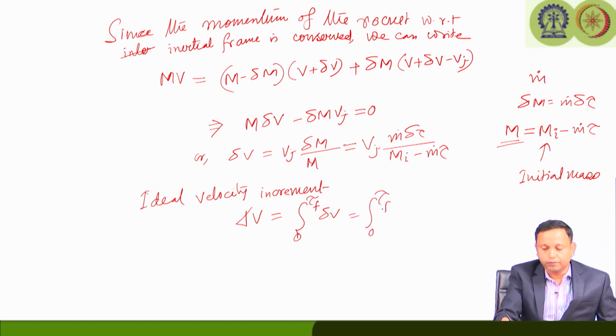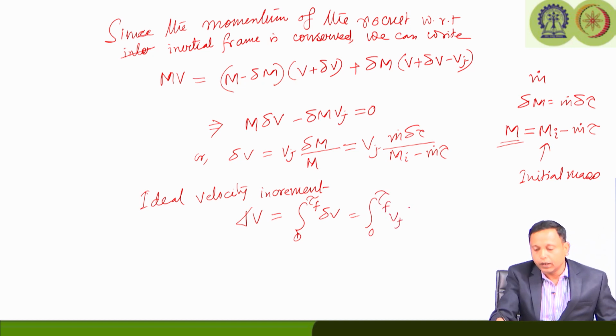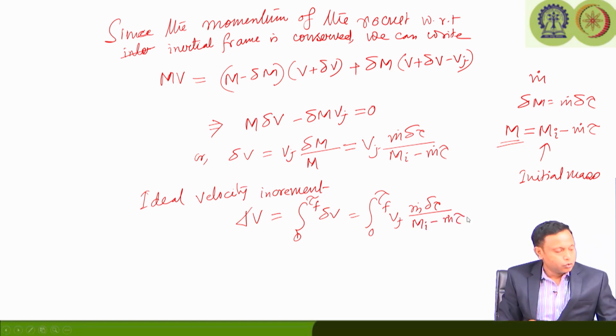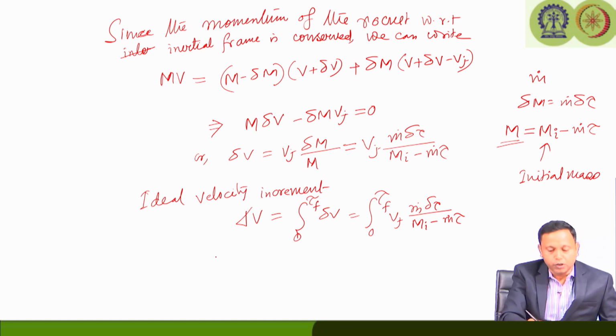So, it is going to be the integral from 0 to tau f of vj m dot d tau by mi minus m dot tau. Now this is the ideal incremental velocity, because the losses due to gravity or otherwise are not considered in this case. So, if you assume a constant efflux velocity like this one,